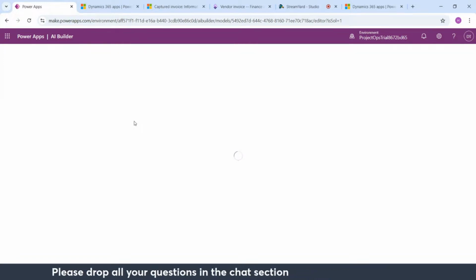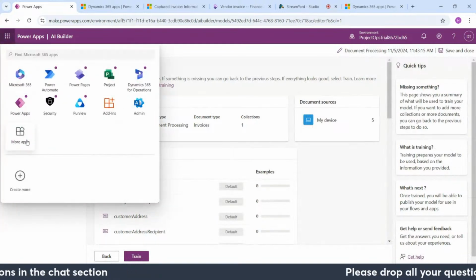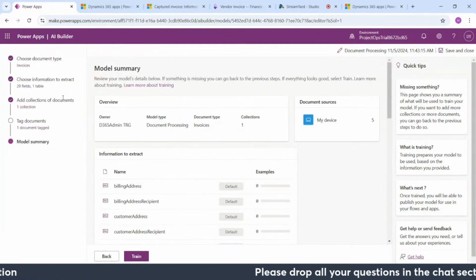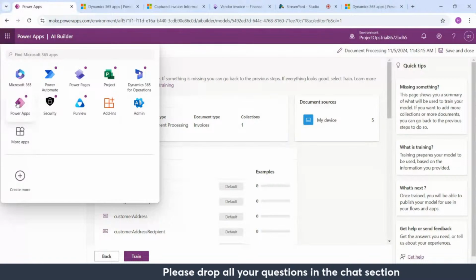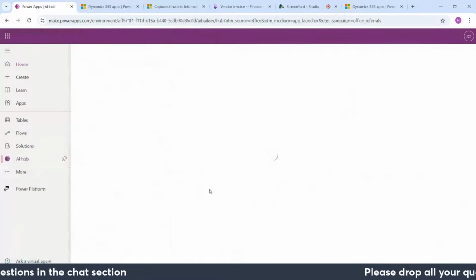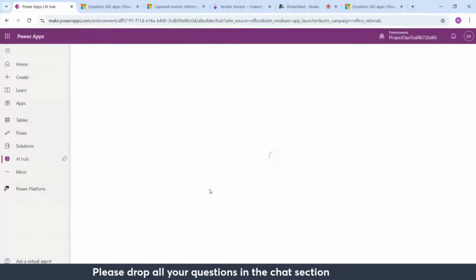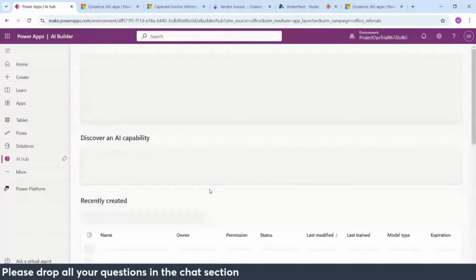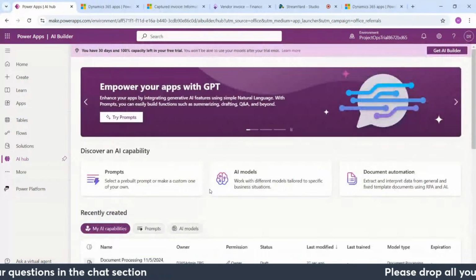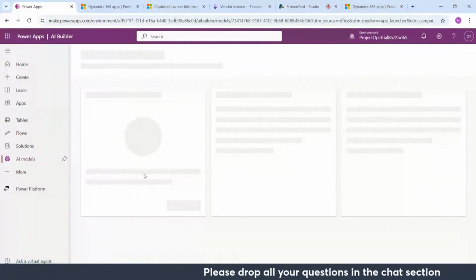Give it some time. It's a trial environment. It is going to be slow. I'll go to Power Apps. Close this. Go into AI Builder, and use this document processing model, which I